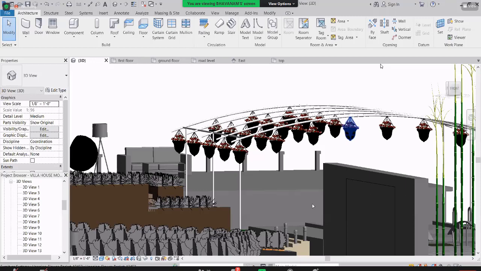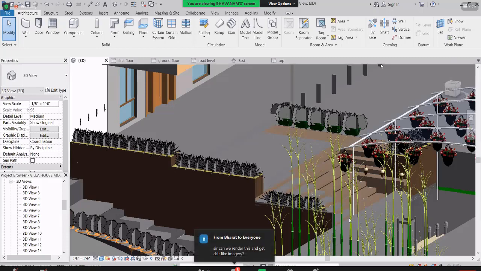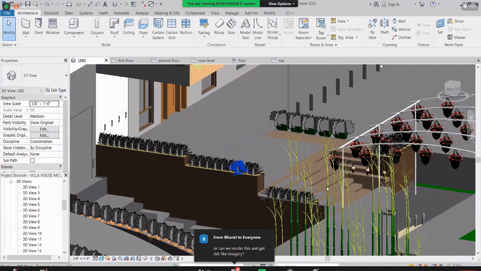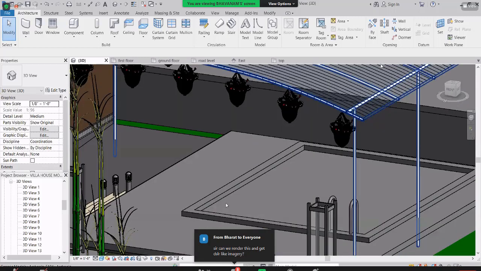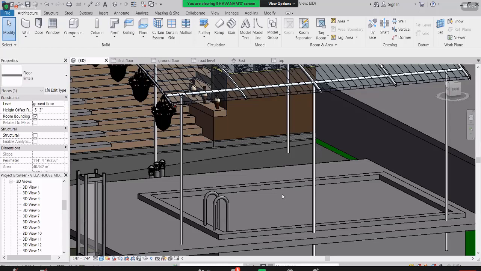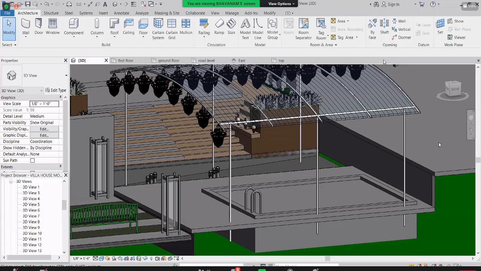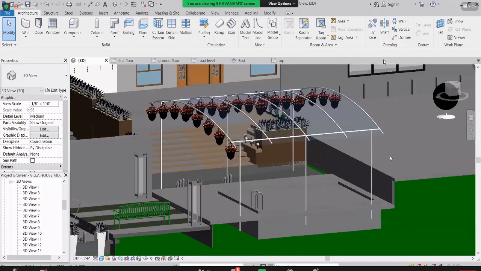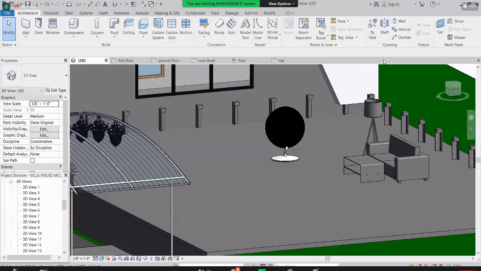Guys, I hope you can understand. You can see here, this is exactly a swimming pool. By using the rendering, we can show water inside it. All those things we can manipulate with the rendering. And here, if you want to sit, here is a sofa set, and here is a table. This is architectural seating actually, so you can see it in hotels like that.